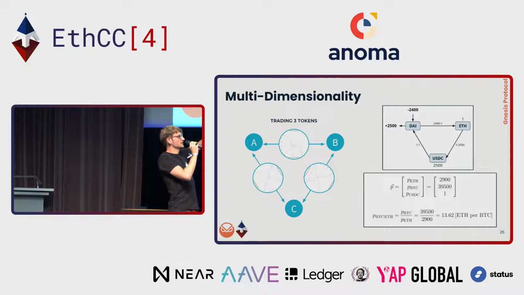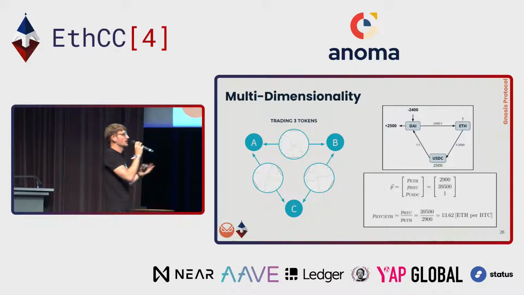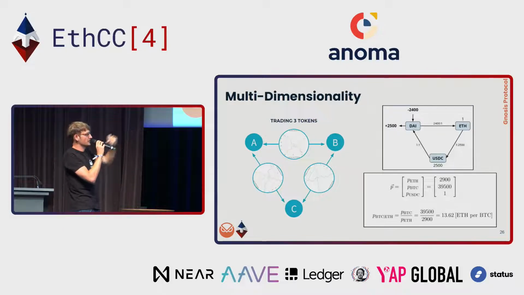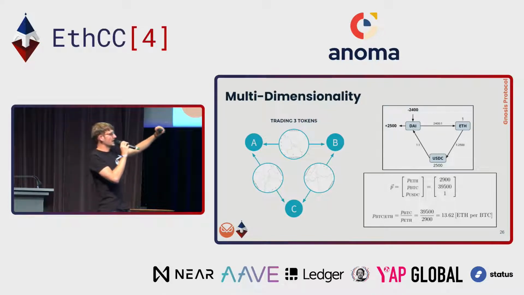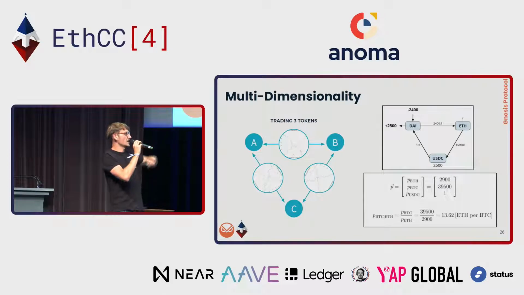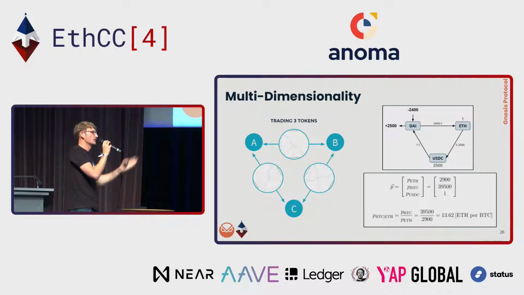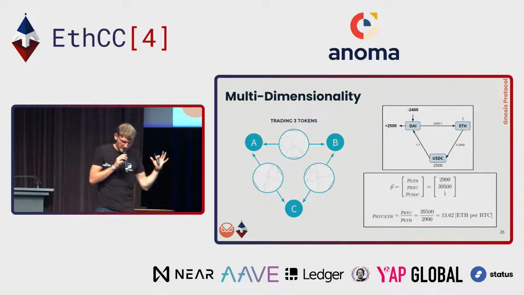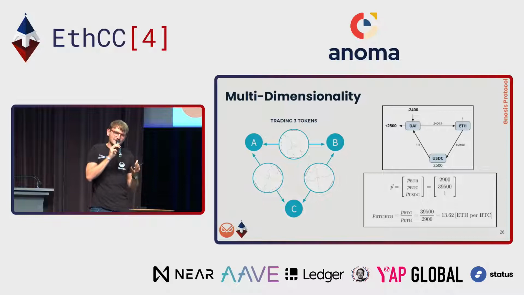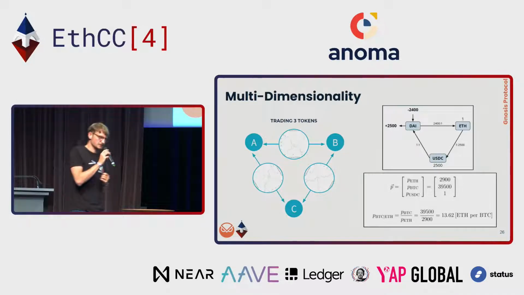Basically there's a reference currency, in this case it would be $1, and then we can say the price of ETH is 2,900, the price of BTC something else, and if we now want to check what is the exchange rate between BTC and ETH, we can just do this by building the quotient of the 2 values in that vector. And so what we now task the solver to do, if you remember back to the executed trade delegation,